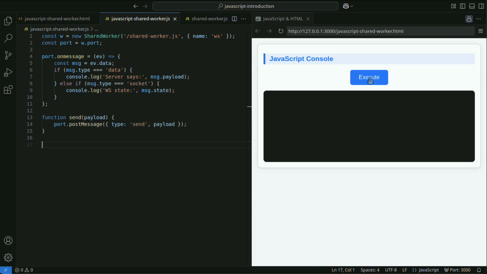This code implements the process of sending and receiving messages to a WebSocket server and receiving connection status notifications via the shared worker.